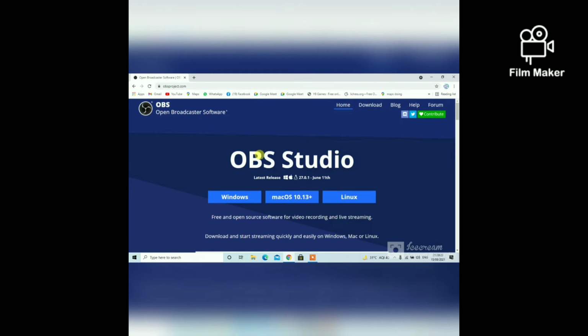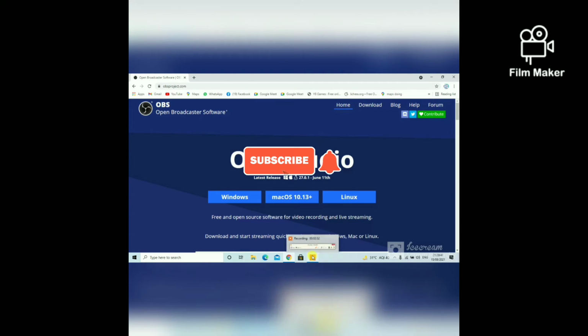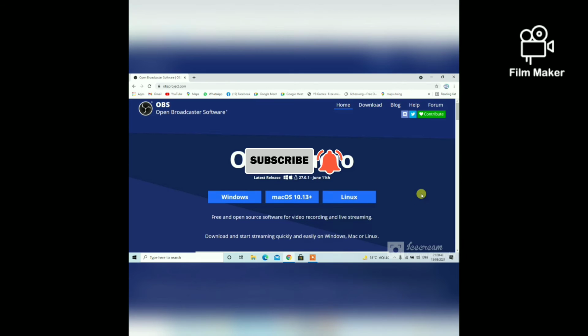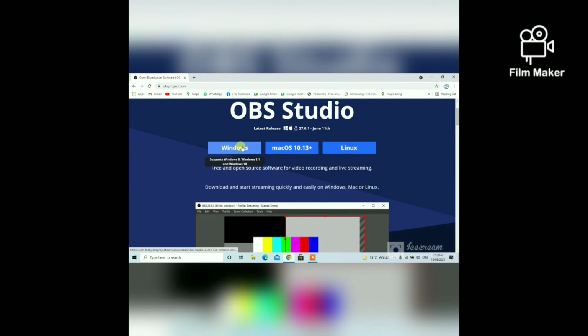And if you are using Windows, just click Windows. It supports Windows 8, Windows 8.1 and Windows 10. So here you can understand it very well. Now I will click Windows, and you also need to click Windows if you are using Windows.